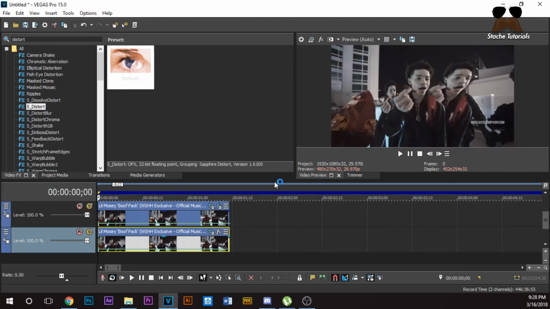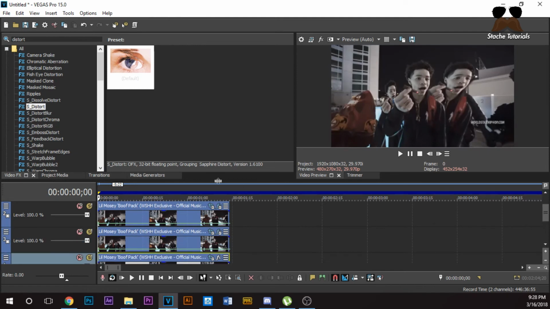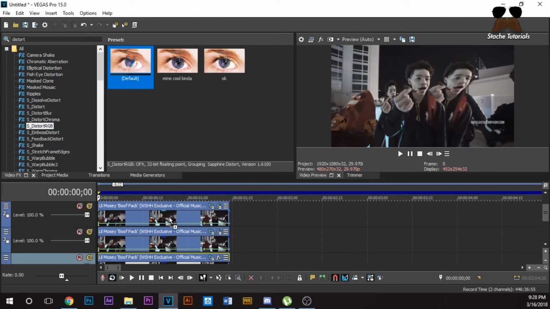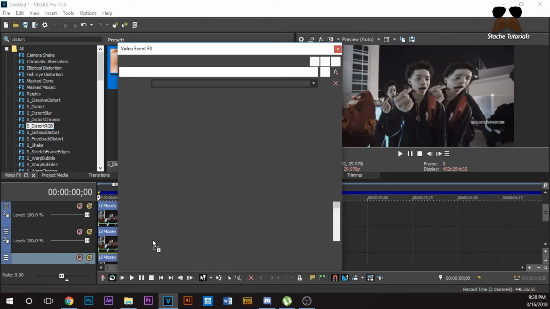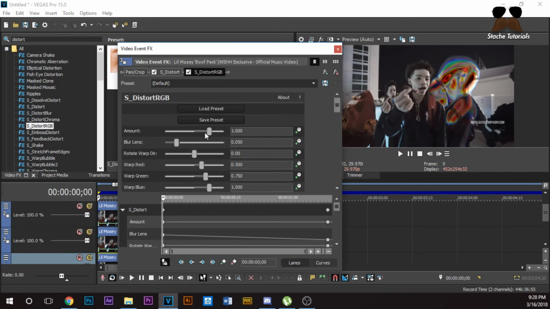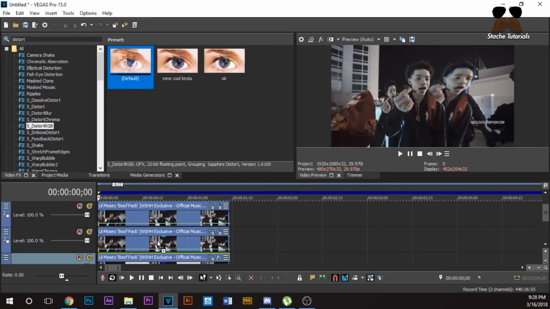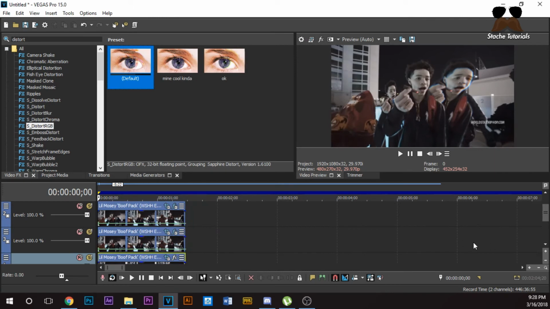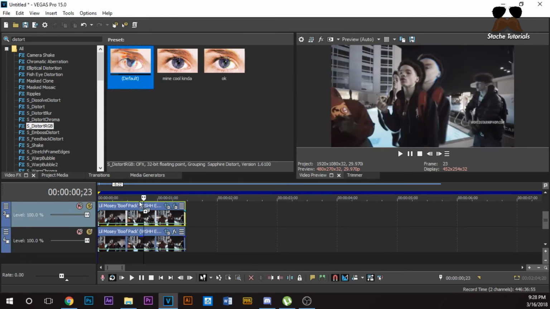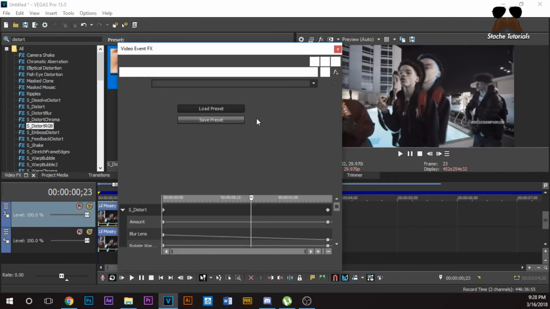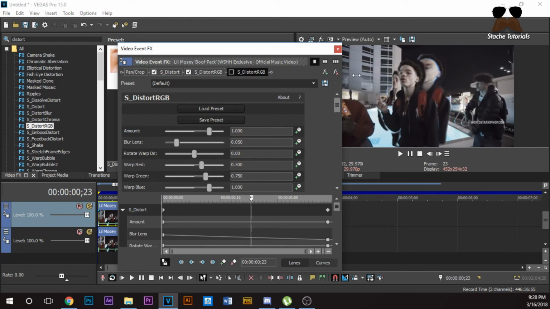And that's kind of good effect. Alright, so what I did in my effect, I actually added another effect. So we want to go to distort RGB, and then you want to put the default on your two effects, and then they'll look like that. But I made mine about like 0.40, and I may do the same thing to the second one and make it about, oh wait, that's the same one.